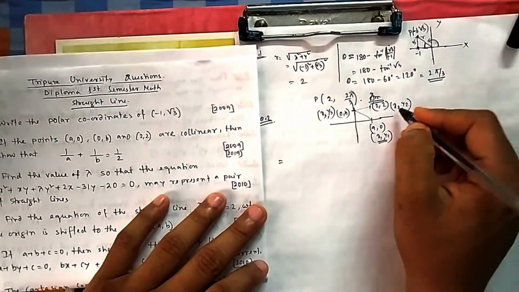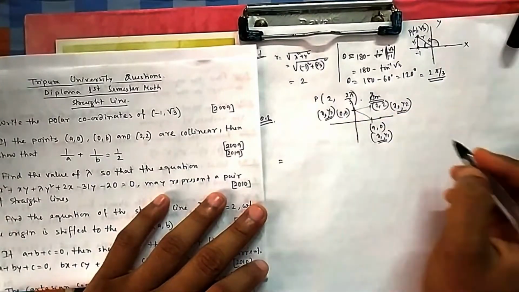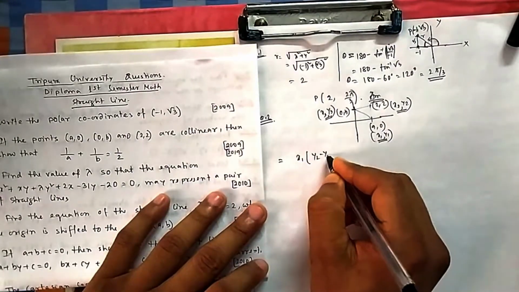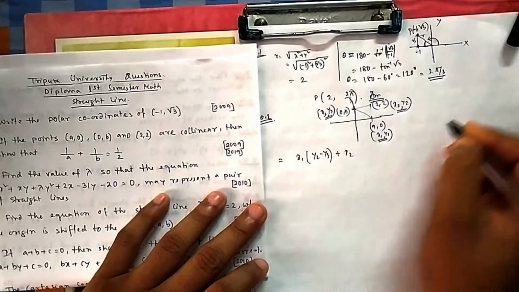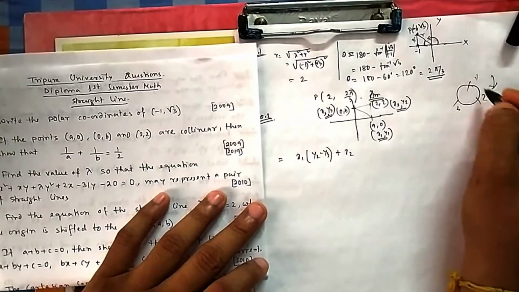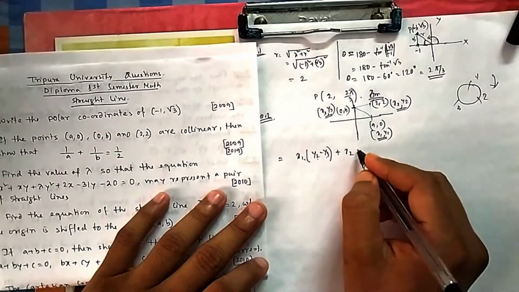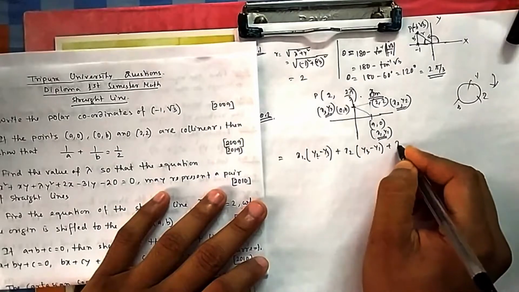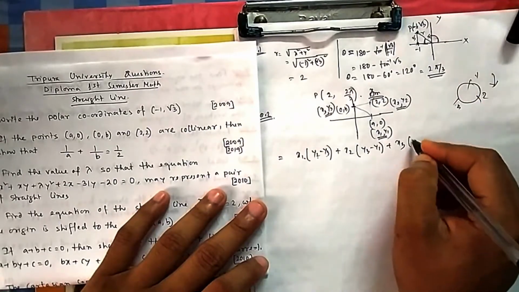But you mark which one is x1, y1, which one is x2, y2, and which one is x3, y3. You mark that one. So what was the formula? x1, then it is y2 minus y3. Then next, I told you how to remember it: 1, 2, 3. I have given you, because I am moving in this direction. So 1, 2, 3. 1, 2, 3. Now if I start with 2, then it is x2, then y3 minus y1. Then if I start with 3, x3, then it is y1 minus y2.